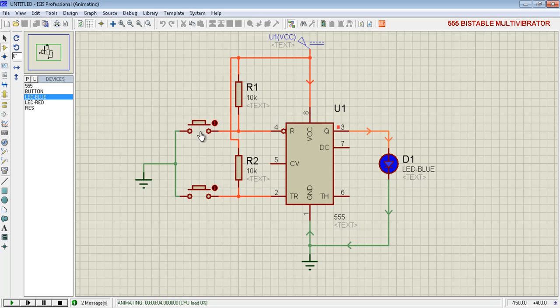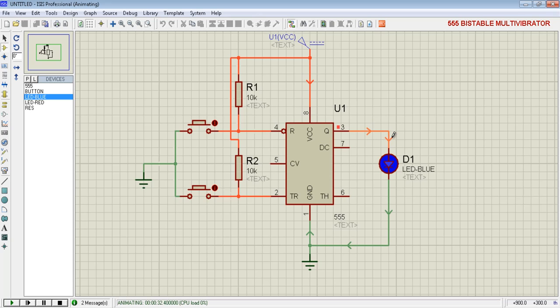Now as soon as I press this reset button momentarily, the LED goes off and it remains in this low state until we press the trigger switch, or we make pin number 2 momentarily low. See, as we make pin number 2 momentarily low, the LED glows up. So this is the basic functioning of 555 timer as bistable multivibrator.